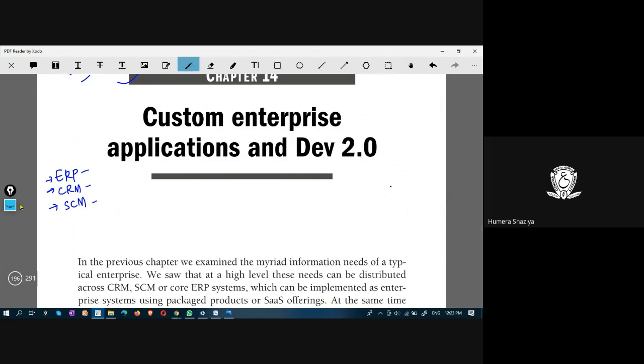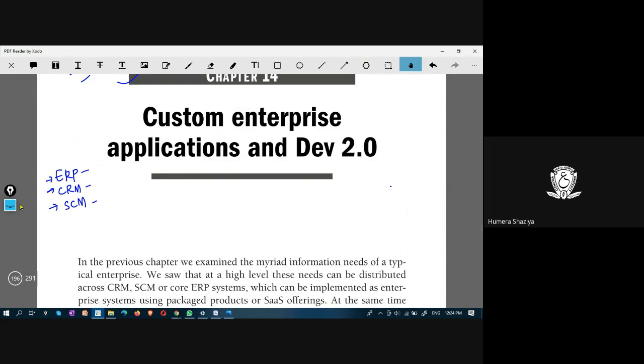There are some software available in the market like Microsoft Dynamics and SAP. You can use those for having everything automated, making the system, your company's application.